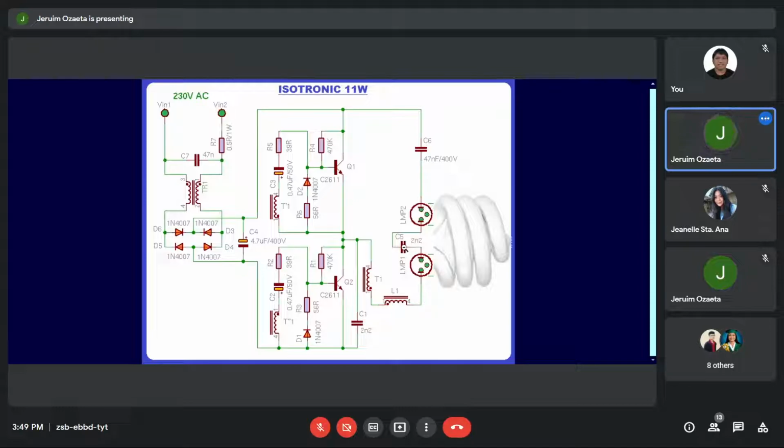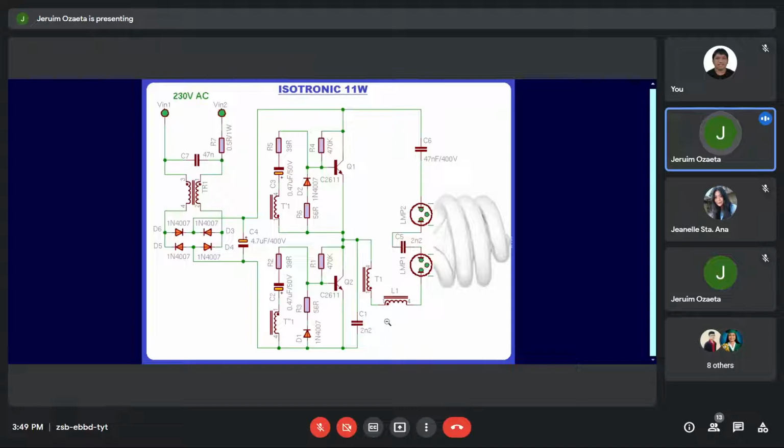Sa pinag-aralan natin na introduction ng fluorescent tube, the C5 is a starter. In this case, the C5 is, instead of starter, it is made of a capacitor because capacitor can momentarily charge and then momentarily discharge. The continuous charging and discharging of capacitor, C5, C6, causes